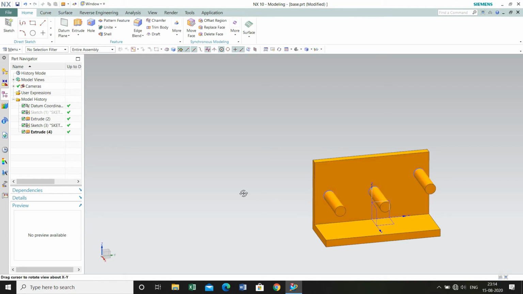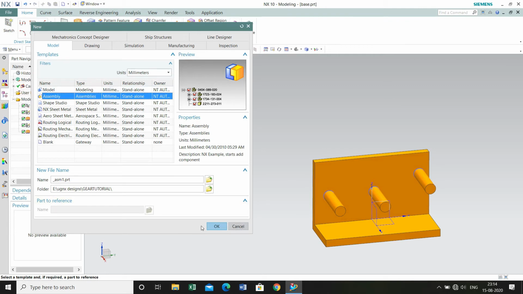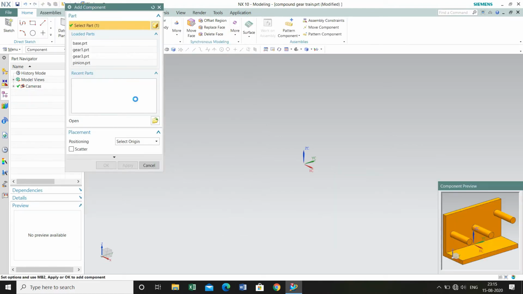Now the base is also ready, so let's go to new and select the assembly this time and name the assembly. Import all the parts.